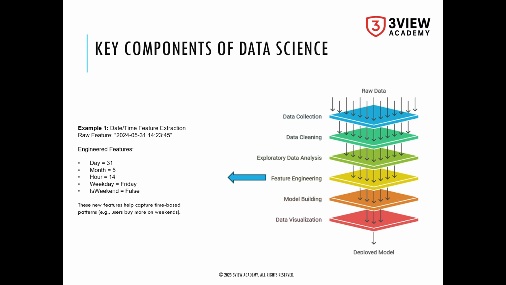So let us understand the key components of data science. We have already gone through all the components, but here, initially we start with raw data. Raw data comes from sensors, applications, the web, and our surroundings, from all the applications and websites we are using. After raw data is generated, we collect that data using certain tools. We collect it through servers or many other ways, and that data is stored somewhere.